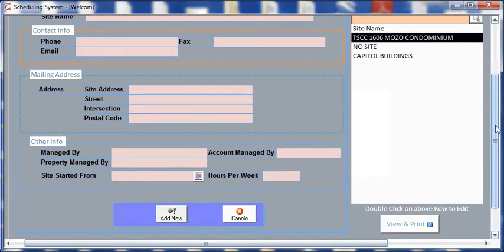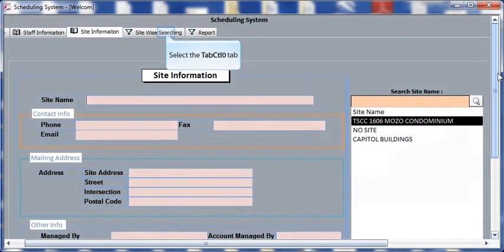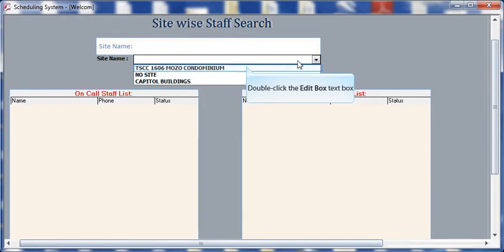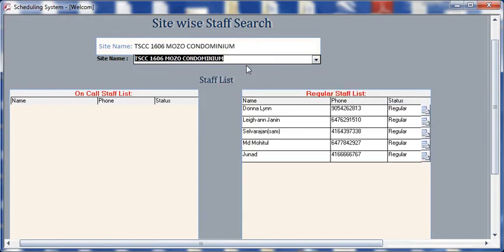Also, here is the site-wise searching. If you are looking for detailed info on a site, you can click here and you can see all the staff who are working here full-time regular. And also if you click here, you'll see the detailed information of that staff, as we were seeing for this security guard. You can close the form and then